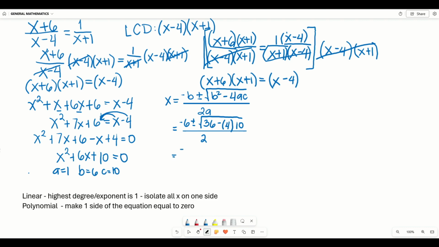And then we'll have negative 6 plus or minus the square root of 36 minus 40 all over 2. And then we'll get here negative 6 plus or minus 36 minus 40 is the square root of negative 4 over 2. And as you can see here, we have the square root of negative 4, which is there